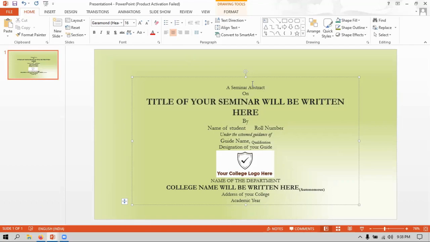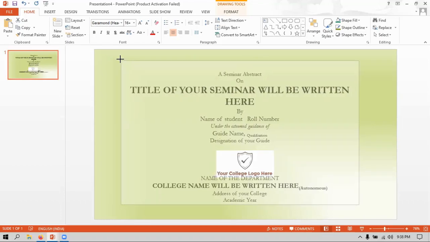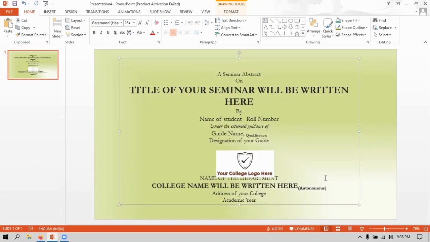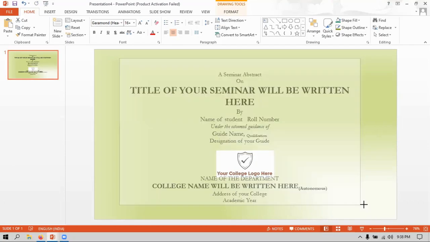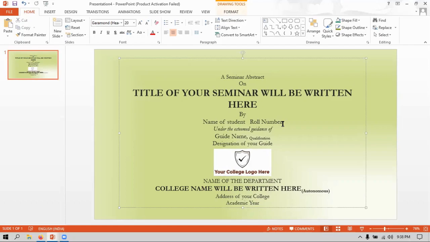Now I can also increase this text box height, and I can expand the text box, and I can adjust the font sizes accordingly, as you are seeing on the screen. I want to place some line gap in between these two. If you want to place it, for that I have to go to the line options, that is the line spacing options, and choose the line spacing option in this menu.